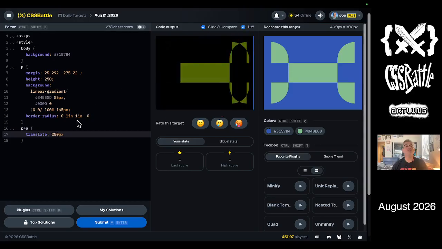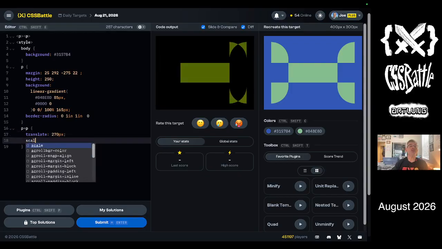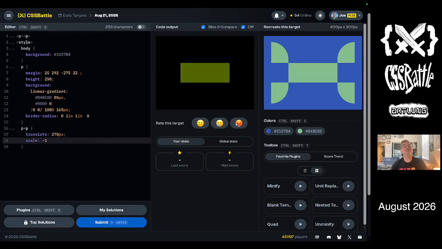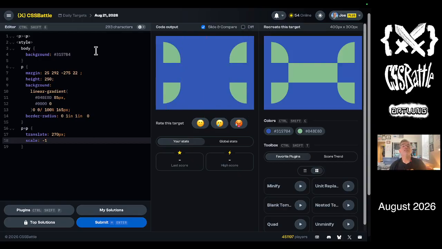And then I guess we got to flip it. Oh, we need a number to be right. 270. And then we flip it upside down with a scale -1. In this case, we're flipping it not just upside down, but upside down and backwards, but that doesn't matter. And then